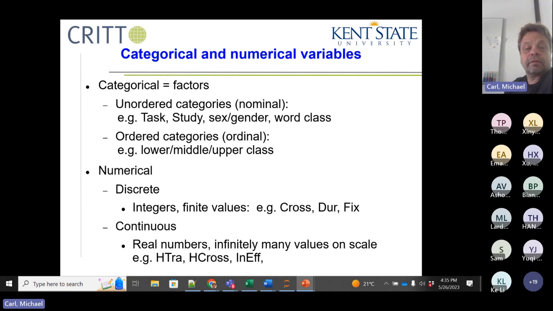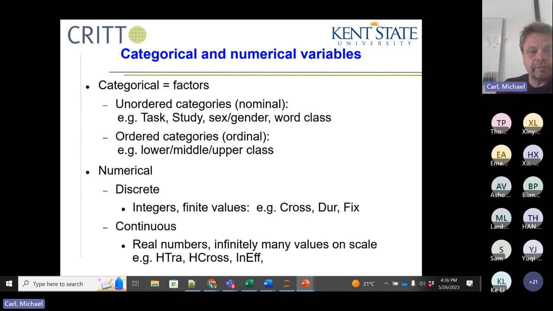So you can say someone is fast or not so fast or slow. Or low, middle, upper class and so on, or large, tall or small, something like this, where you have an implicit order, but you don't really know whether the differences between these different classes are identical, right? So there can be a bigger gap between lower and middle class than between middle and upper. So yeah, it's ordered. You can put them into an order somehow,